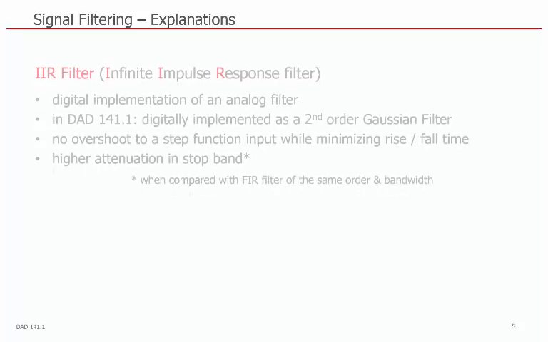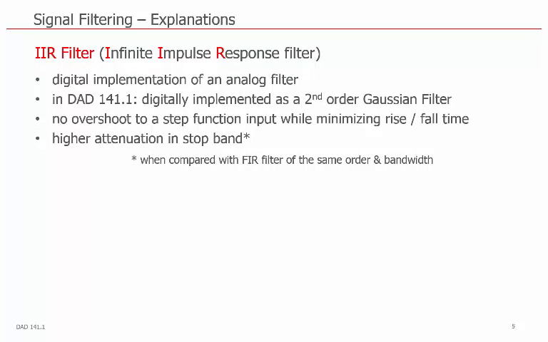Signal filtering and some basic explanations. The IIR filter, this is an infinite impulse response filter. It is the digital implementation of an analog filter. In DAD141.1, digitally implemented as a second-order Gaussian filter, which has no overshoot to a step-up function input while minimizing the